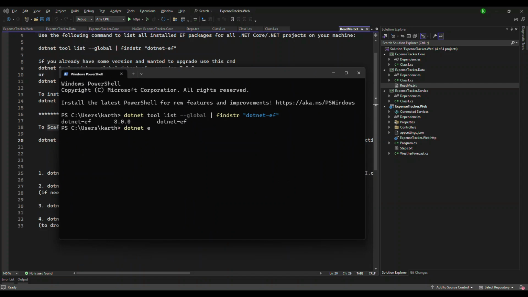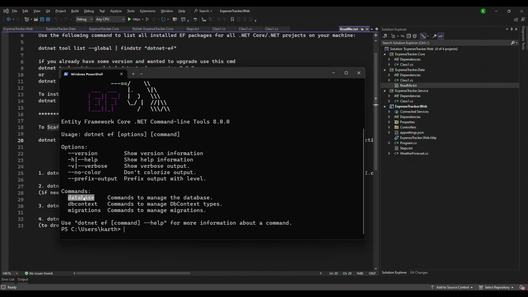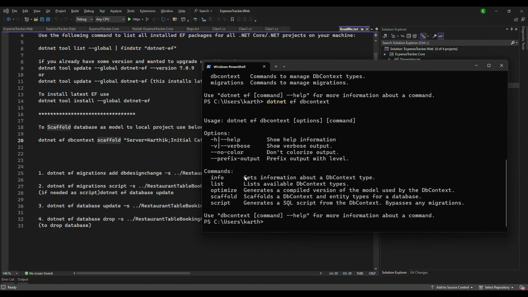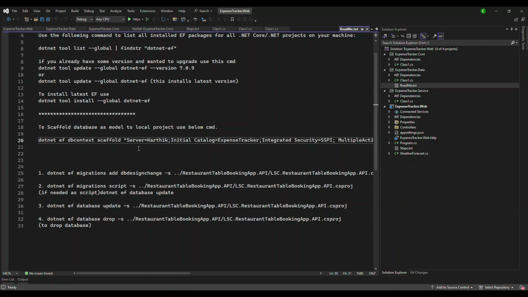So let's say you have installed the EF tool. If you say dotnet ef, it will list three commands: database, dbcontext, and migrations. What we are going to use is under dbcontext. So let's say dotnet ef dbcontext. It will list all the other commands within that: info, list, optimize, scaffold, script. Script is to generate the script based on the migration script that we have. Scaffold means we will directly use the database connection to connect to the database, read the objects, and convert